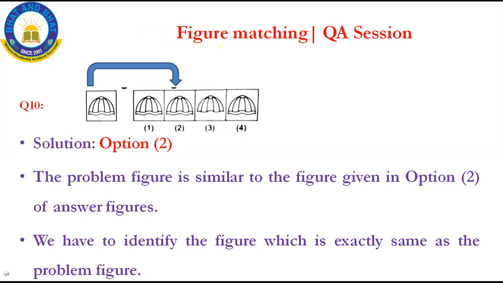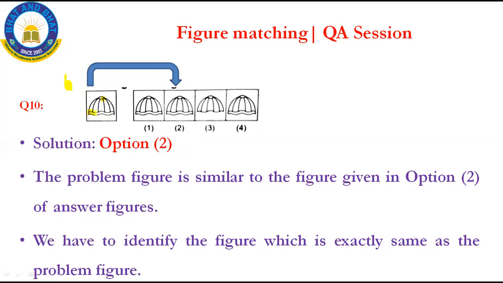Now, one more question. Here, the question is an umbrella. Yes, you have learned U for umbrella in the LKG, KG classes, isn't it? It is used when there is rain. Now, you have to see each and every position here. Let us analyze. It is having one dot, one hole, and then 1, 2, 3, 4, 5, 6 lines, and then it is curved.